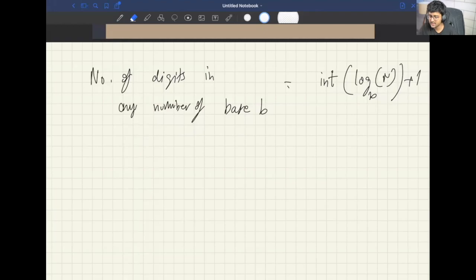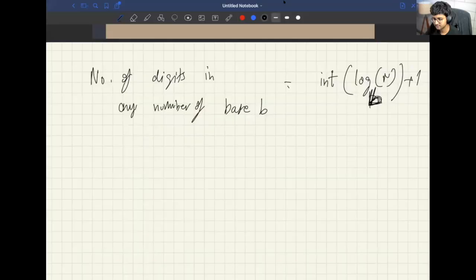If you implement this formula, so if you just put 5 over here and 2 over here, it will give you the number of digits in the representation. It's very cool, you know, because if you use this formula, let's code this thing. Just 1 second. Let me show you how cool this thing is.